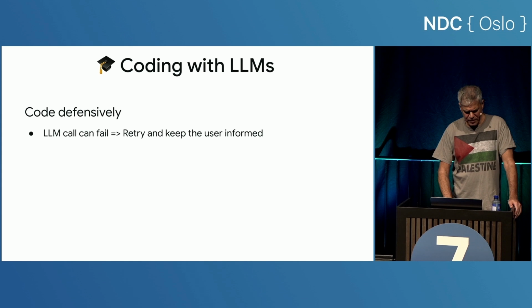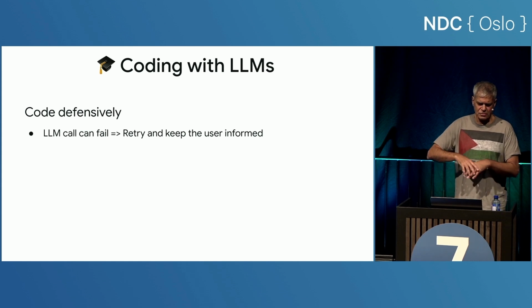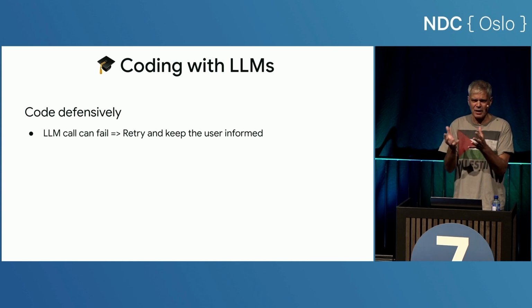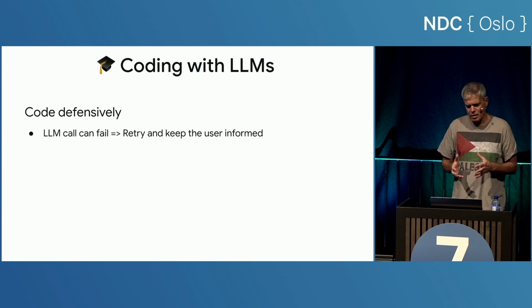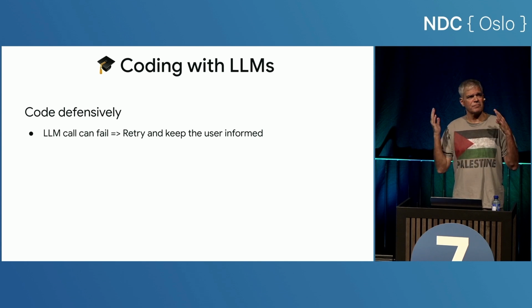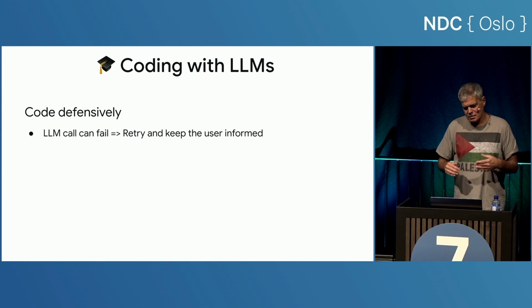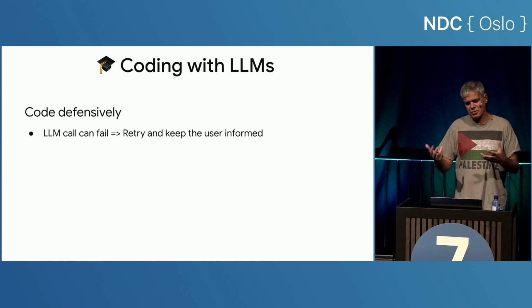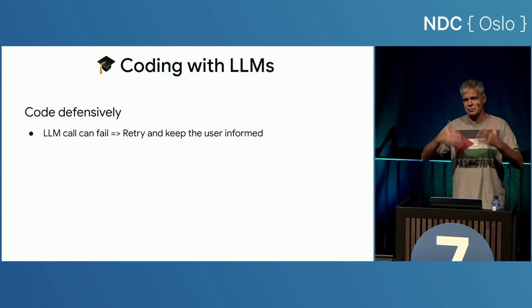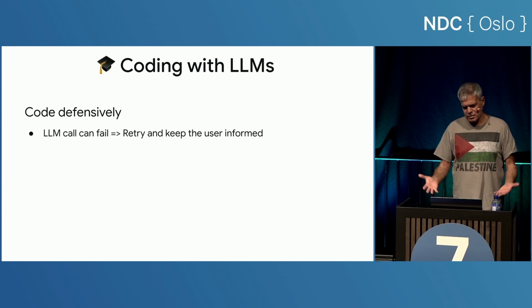But the LLM can fail, and in addition to not getting exactly the output you want and dealing with that, also deal with the fact when it just flat out fails. You get something that's just complete garbage. You need to have a strategy for that, right? So that could be retrying some number of times. Of course, you want to keep the user informed of what's going on so they don't just see a blank screen.